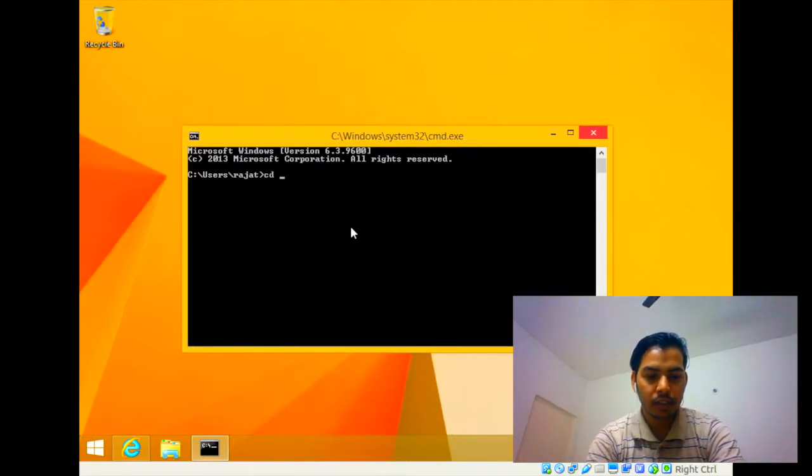Now the path was c:/docs, and if you are going to press tab after writing some initial letters of the folder, it will auto suggest.